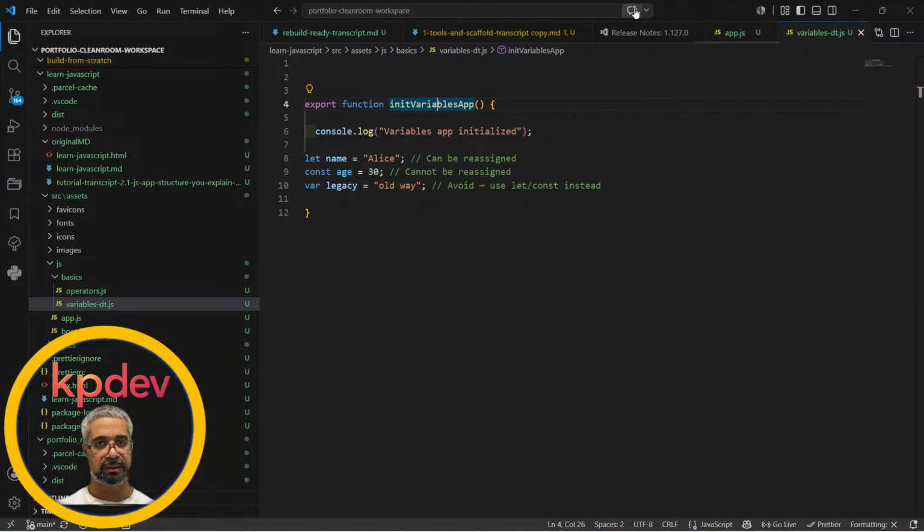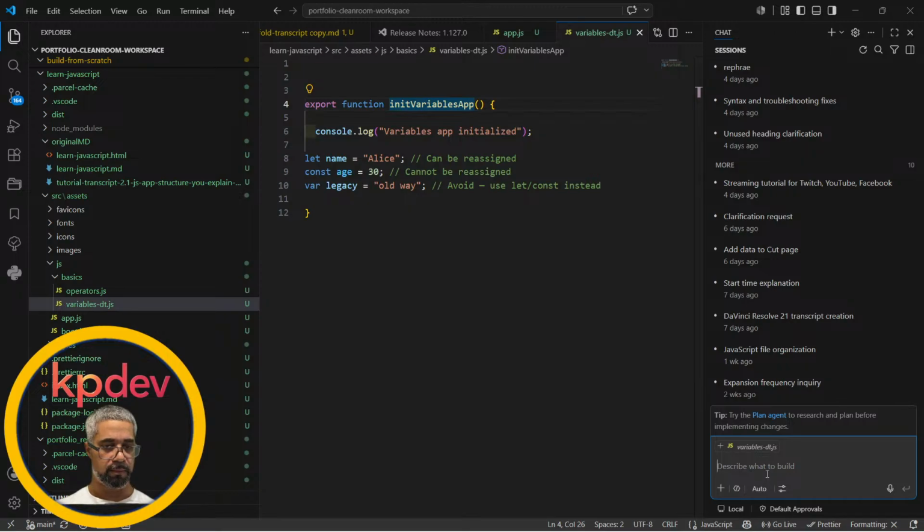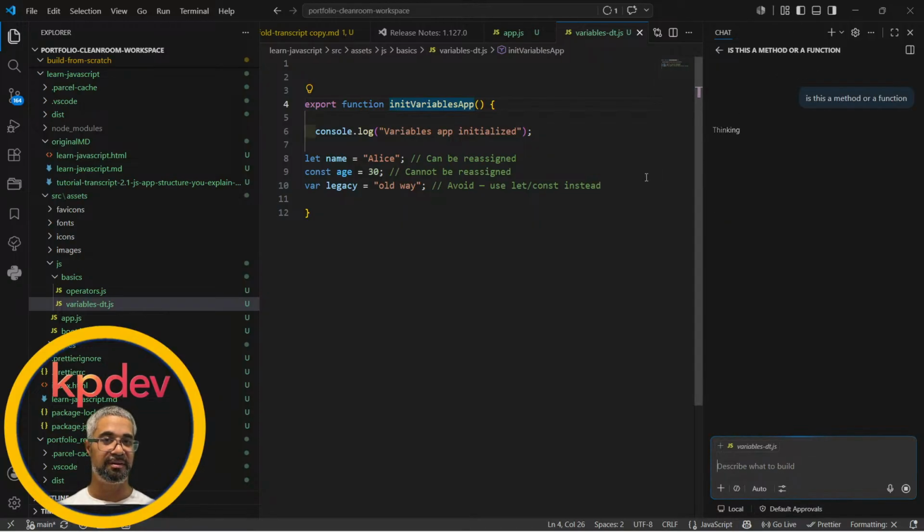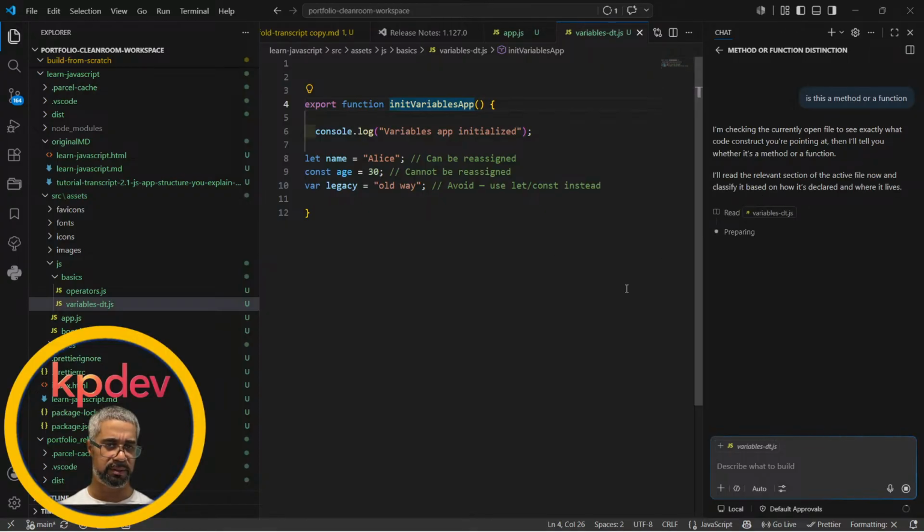Okay, now I'm actually going to use my user agent, and I'm going to ask it, is this a method or a function? You know, this method function thing can be quite finite, or should I say infinite, when it comes to understanding the difference, because it can be a little